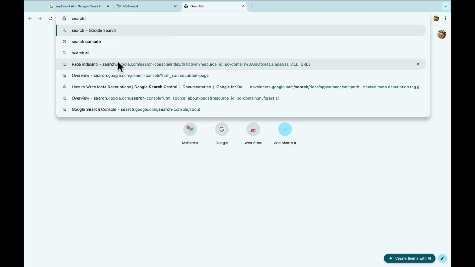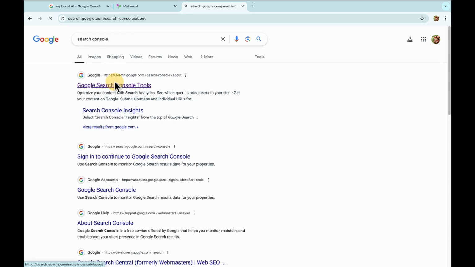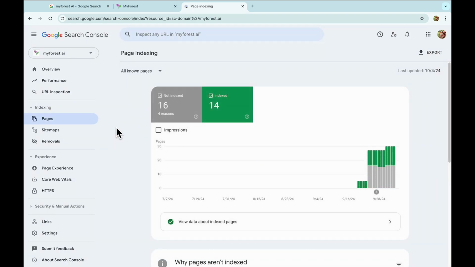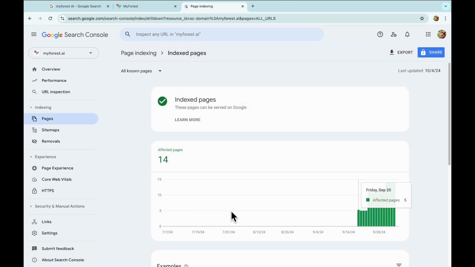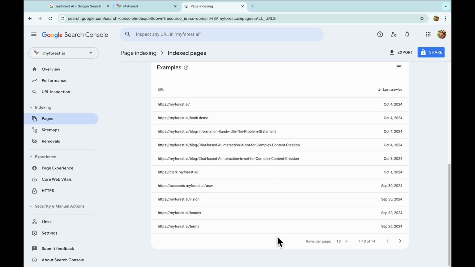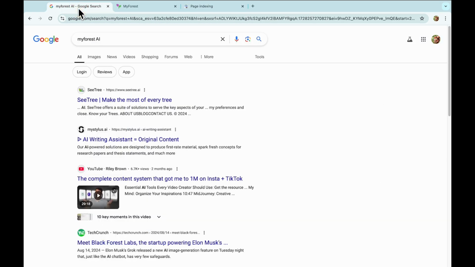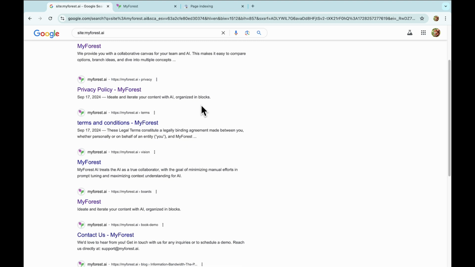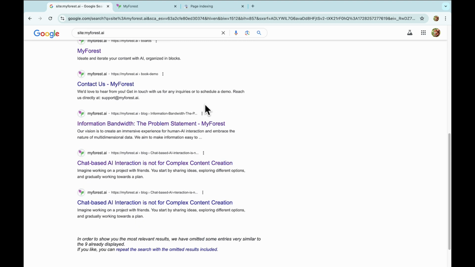One way to troubleshoot is to go to the Google Search Console to check the status of all your pages. Click on Pages and click on View Data about indexed pages. Scroll down and you'll see all your pages that have been indexed by Google. I can see all pages, so my site is crawled and indexed. Now you can see all the pages from your site, even if they don't show up from the previous search